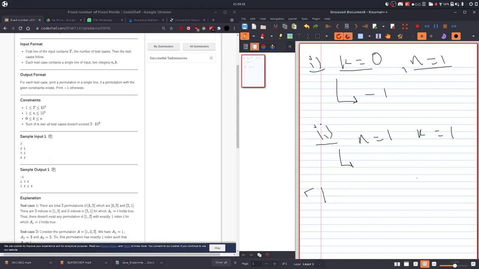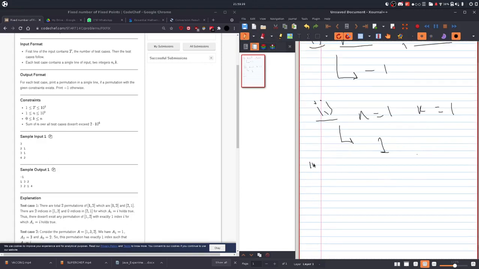Now we're gonna take another test case, where both are equal to 1: n is equal to 1 and k is equal to 1, which means 1 will be at its own place, so the answer this time will be 1. Now this is nothing but the simple test cases. Now we're gonna go for the test case which is pretty important, and the next test case also.